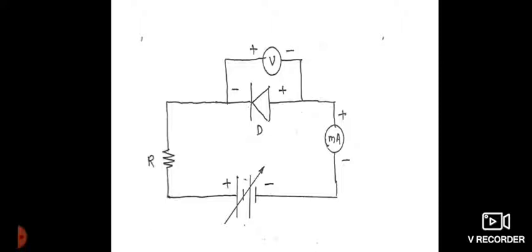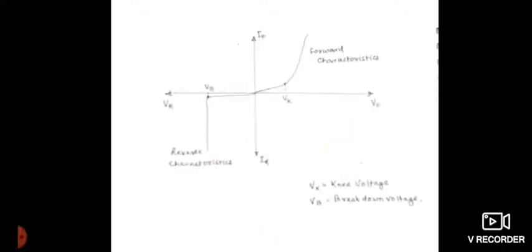So, the potential barrier goes on increasing, and the diode will not conduct; the diode will act as an insulator. Now, at a reverse voltage equal to the breakdown voltage, the junction of the diode breaks down and the diode starts conducting rapidly, and the current increases rapidly. That you can see in the